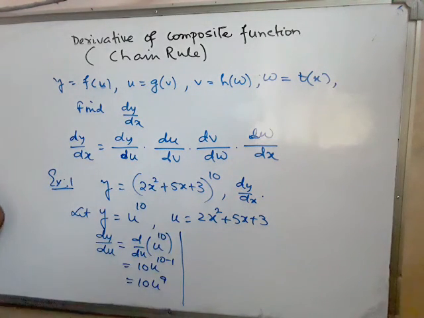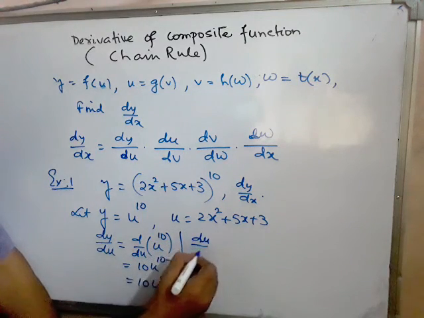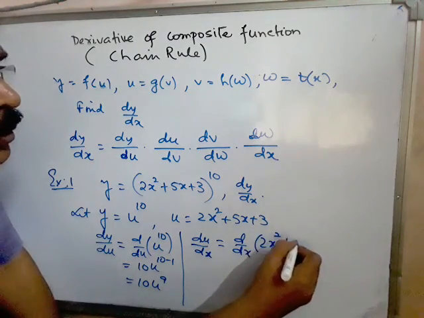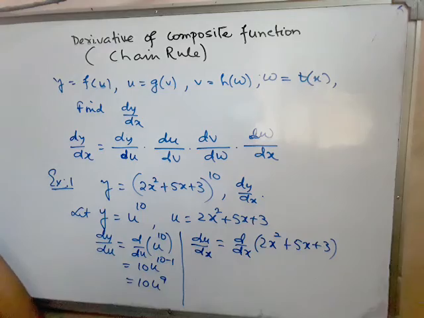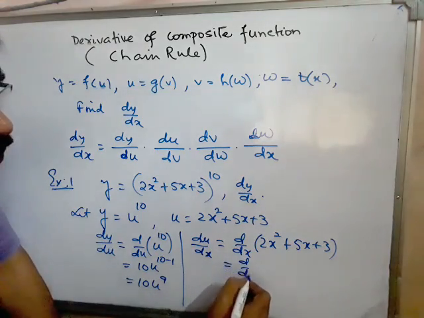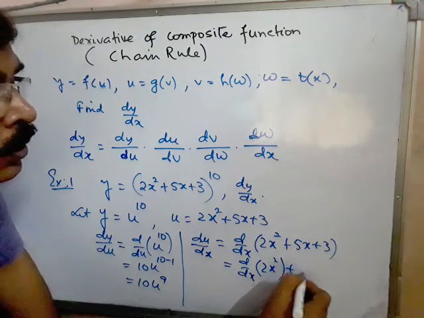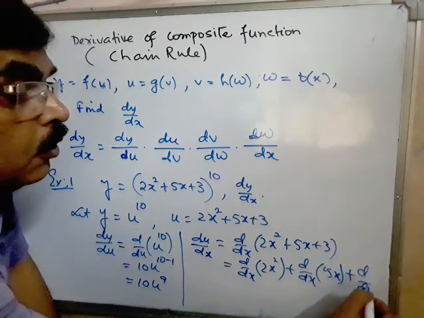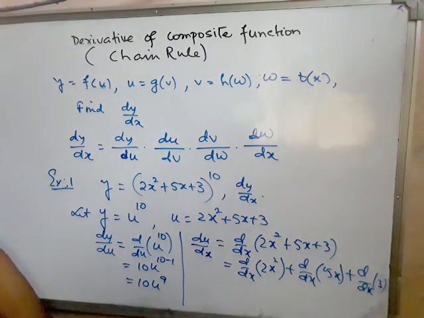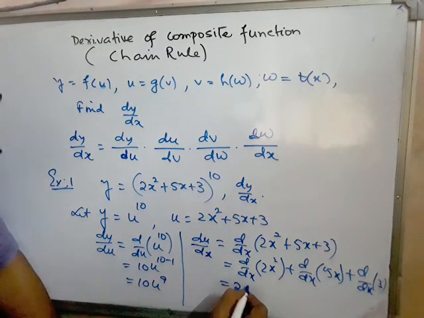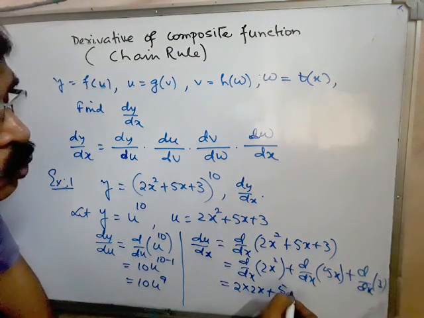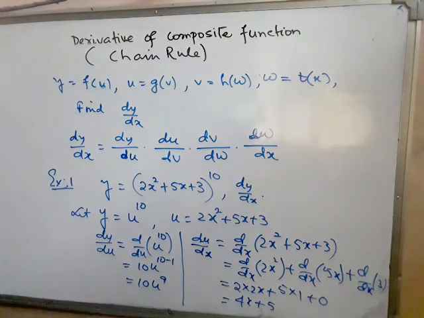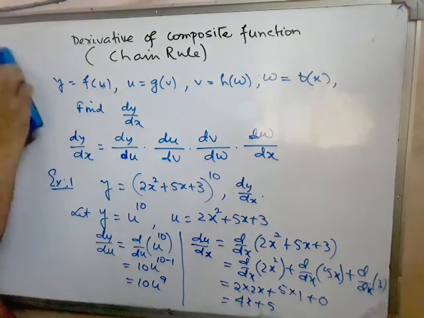Here u is a function of x, so therefore du by dx equal to d by dx of 2x square plus 5x plus 3, that is d by dx of 2x square, d by dx of 5x plus d by dx of 3. So therefore we will get 2 into 2x, 5 into 1 plus 0, that is 4x plus 5. We are applying the formula now. After applying the formula,